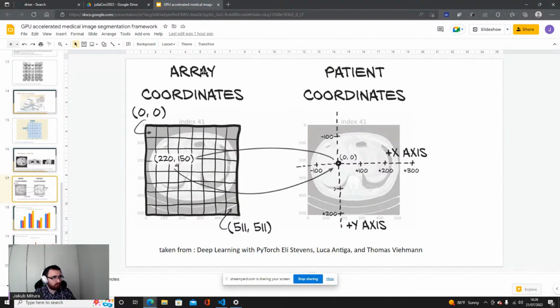And this is one more time, yes? You have some array coordinates, like this point. And then you need to be able to say where physically it is. So how many millimeters from other point? In order to know it, you need to know the direction, the origin, and the spacing. So you need to know that, for example, moving 3 voxels left, right, means that you moved 3 millimeters, or 5 millimeters or 10 millimeters. It depends on the spacing, okay?